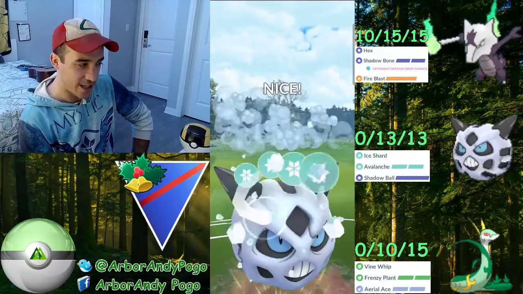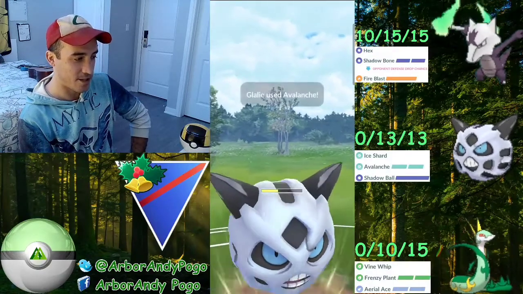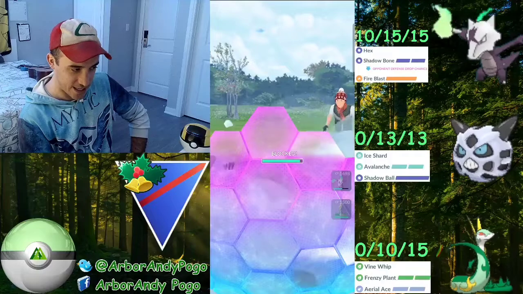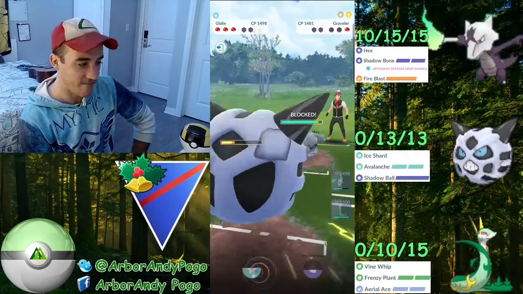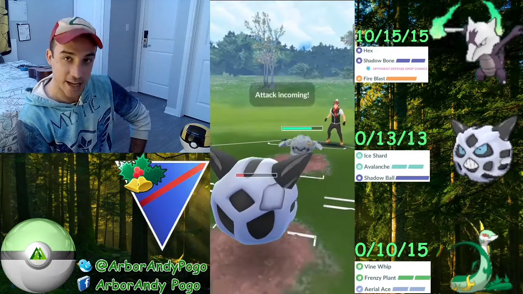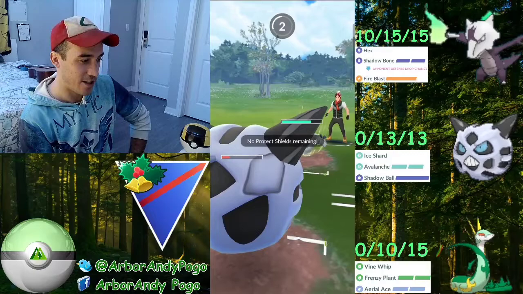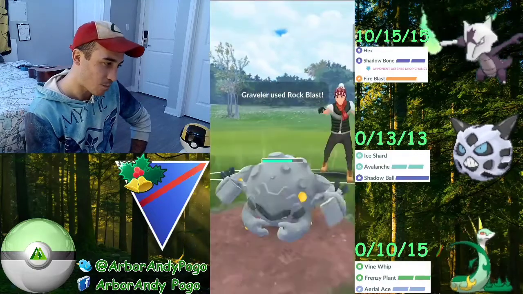And Avalanche does neutral here. Rock is not resisted by it. It does neutral. So he is going to have to shield. And I'm stuck in this, but I'm totally okay with that because I know that Serpior can tank one Stone Edge. So he beats us to CMP here, which is unfortunate, so we're going to have to